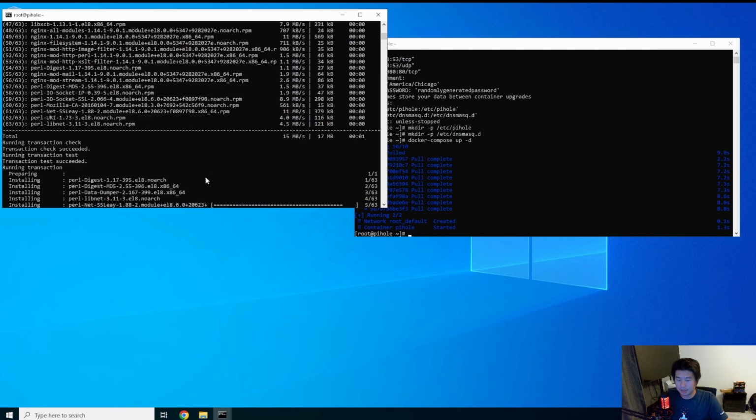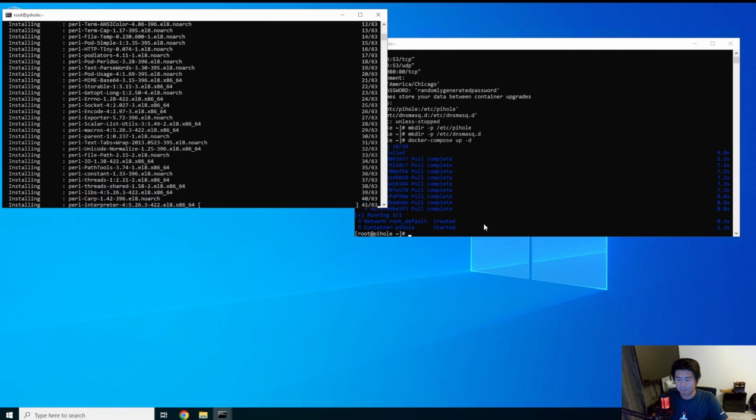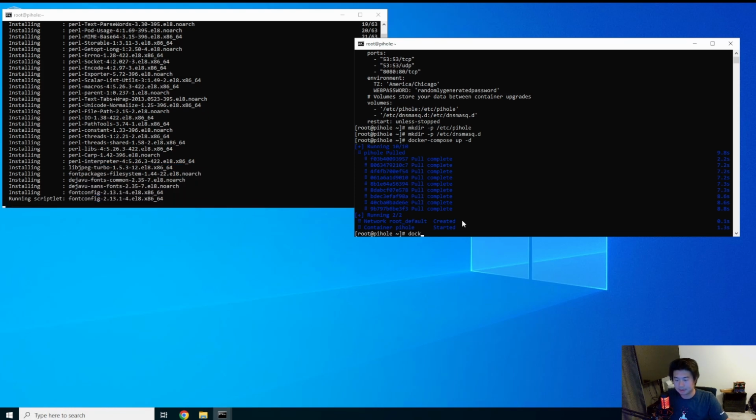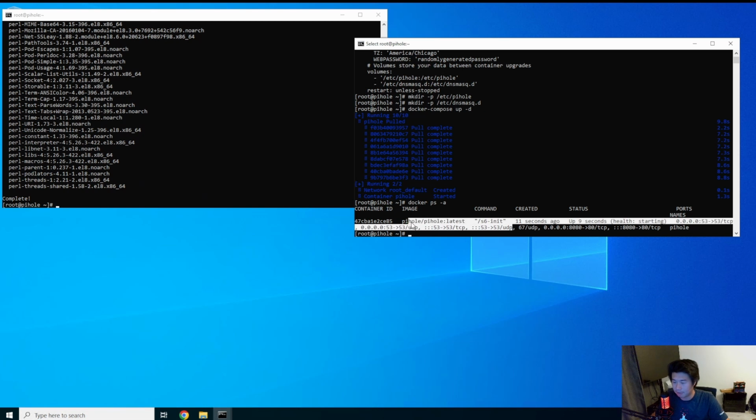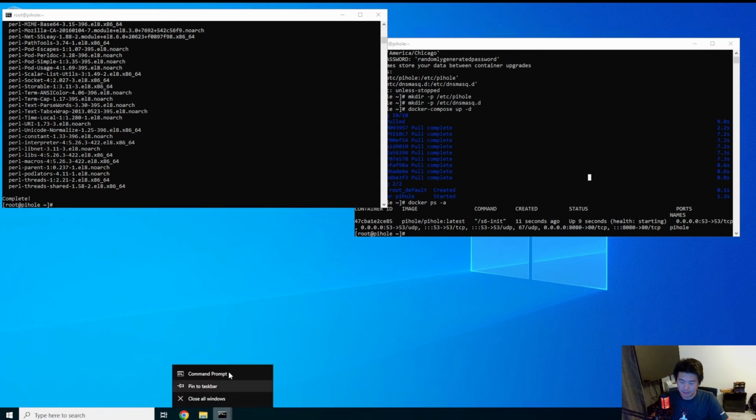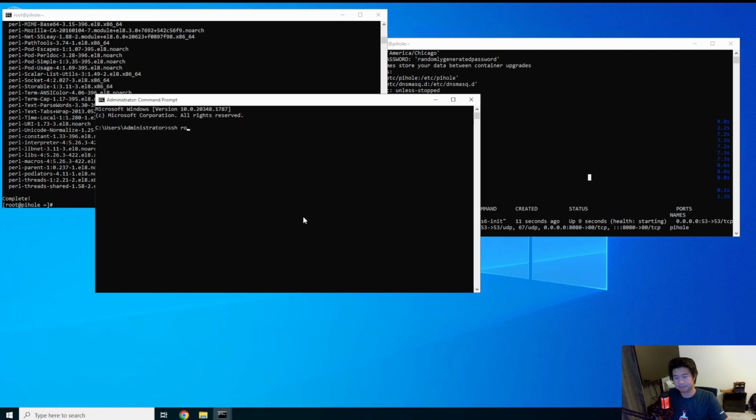Install that real quick. Okay. So Docker PSA. Yep. So we can see that it's open on 53, and we have 80 pointed to 80. So what we need to also do now here is actually log into our CA server,